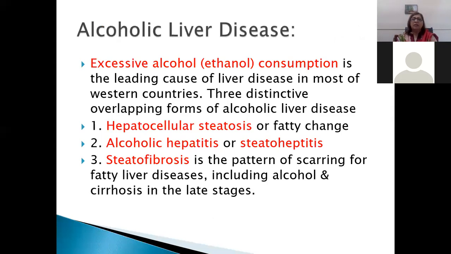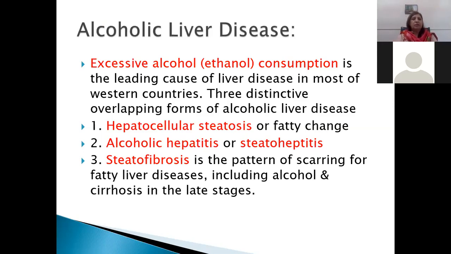Next important is alcoholic liver disease. So I should tell you that acute viral hepatitis, which is caused by hepatotropic viruses, is very important from your viva point of view, your examination point of view, your SCQs, your MCQs, and your viva as well. You should know all the serological markers, you should know the incubation period of this disease, and which hepatitis can give rise to acute illness and which hepatitis can give rise to acute plus chronic illness. So you have to know acute viral hepatitis caused by hepatotropic viruses very nicely for your clinical point of view as well as your examination point of view.